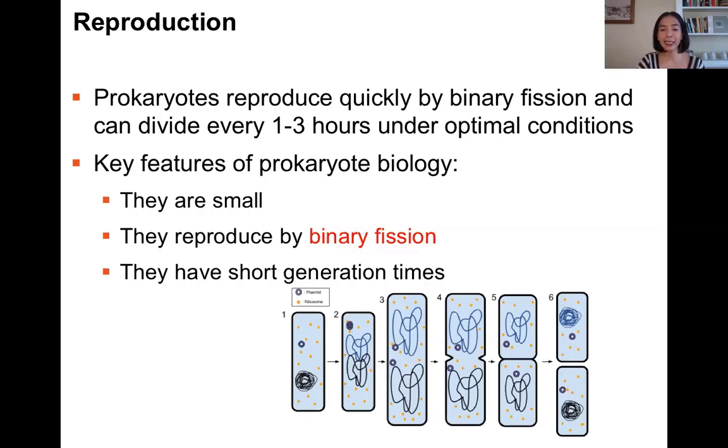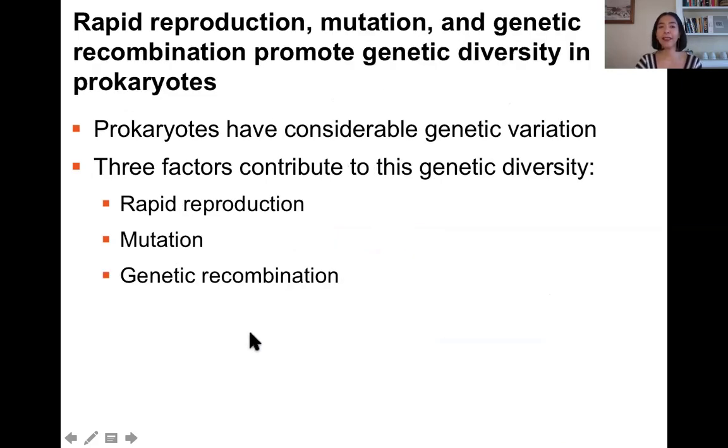And then in this case, both this large circular chromosome and the plasmids are going to duplicate or replicate. And after that, they migrate to each side, and then the cell membrane just synthesizes, and then they just split into two different cells. They have shorter generation times, and they also have